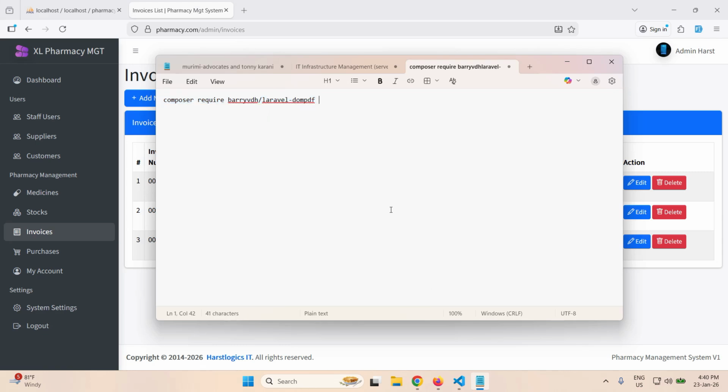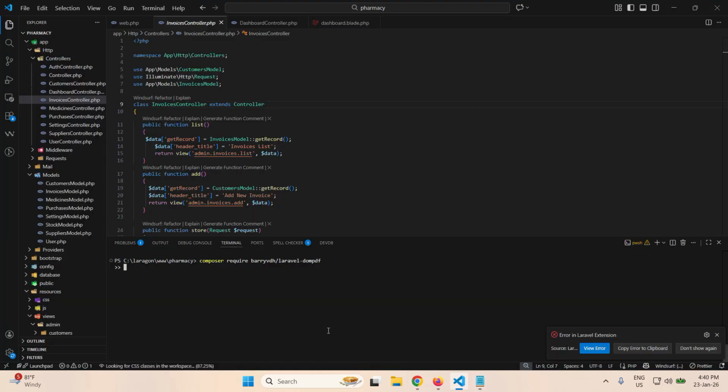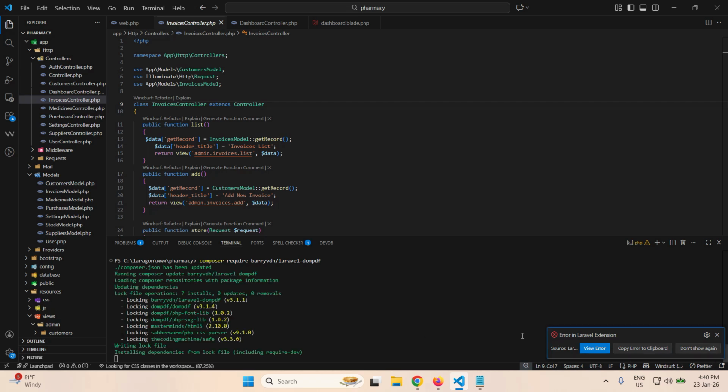Then you come to your terminal. We have this, you paste it here, then you enter. In my case, I already installed that, so in your case, it will start installing. You can see mine is saying updating. Yours may take a longer time. I think I've not installed that, so it will have to download all the